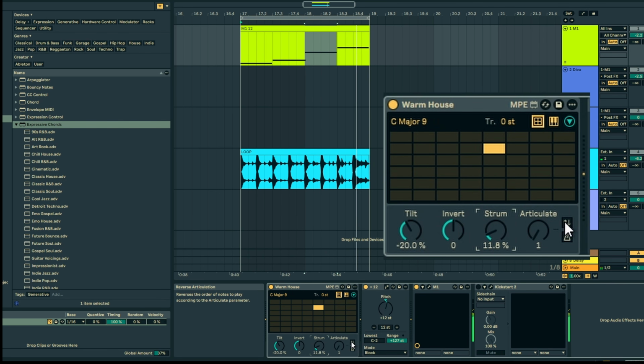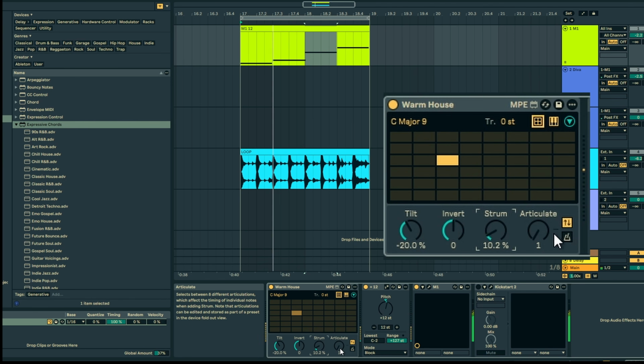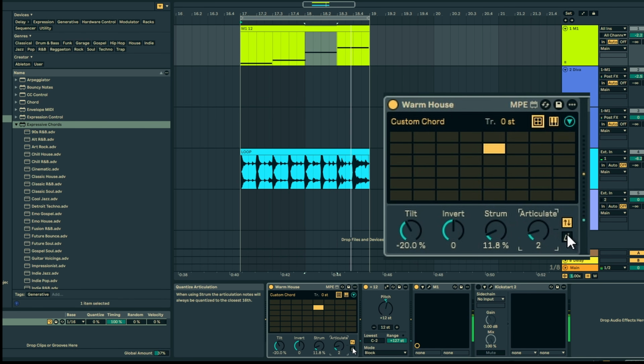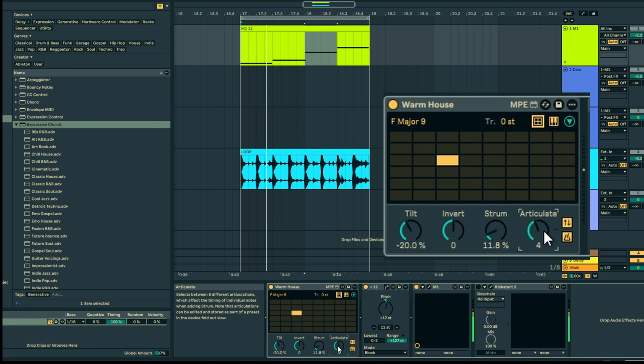We can do a couple of things here. We can reverse the articulation, so the strum's going backwards basically. There's 8 different articulations to choose from, so we can choose a different type of articulation. Another thing I like is you can actually quantize the articulation to the closest 16th. So if you have a lot of articulation here and a lot of strum,